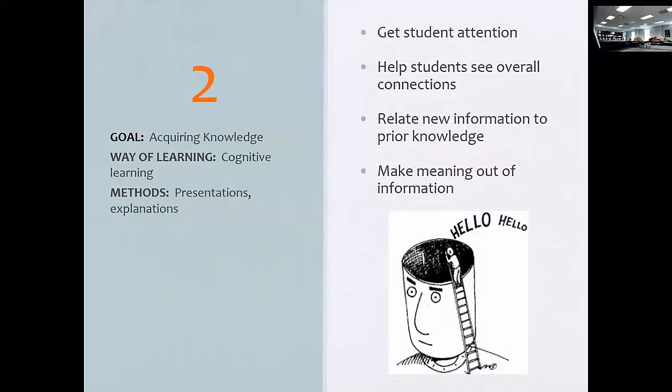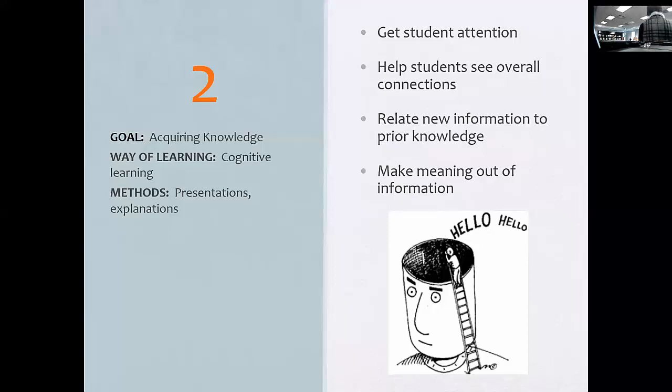Now, cognitive learning preceded what we call, in my little world, human-computer interaction, where everything is part of a process. Computers process, humans process, that sort of thing. And so this particular theory came to life, and then all of a sudden, technology and education was born, and they kind of merged these two theories together. I'll explain in a minute why they're so closely related.